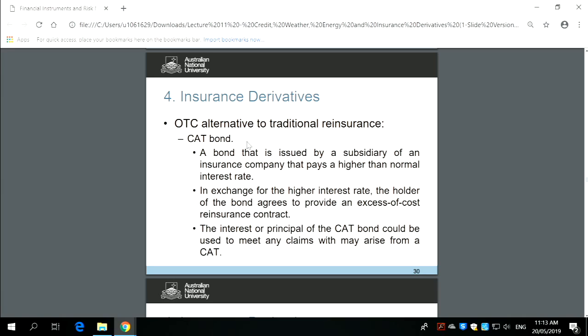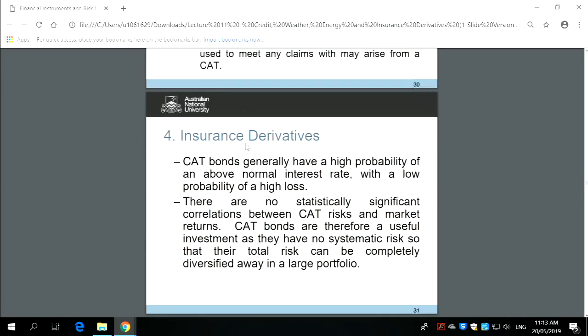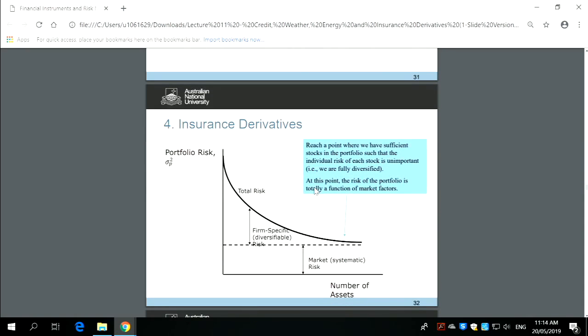Then you would ask why people would still be willing to buy cat bonds if they lose all of their principal and interest upon a disaster such as an earthquake. Well, people buy the cat bond because the chance of having a major earthquake is very small. That probability is very small, so you can still get a pretty good return from the coupon and the principal of the cat bond. Another major reason why people buy cat bonds is, going back to your Finance 101,